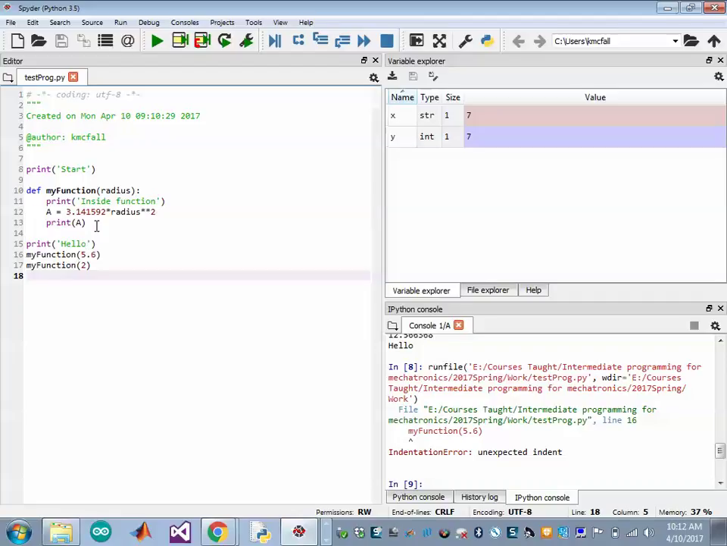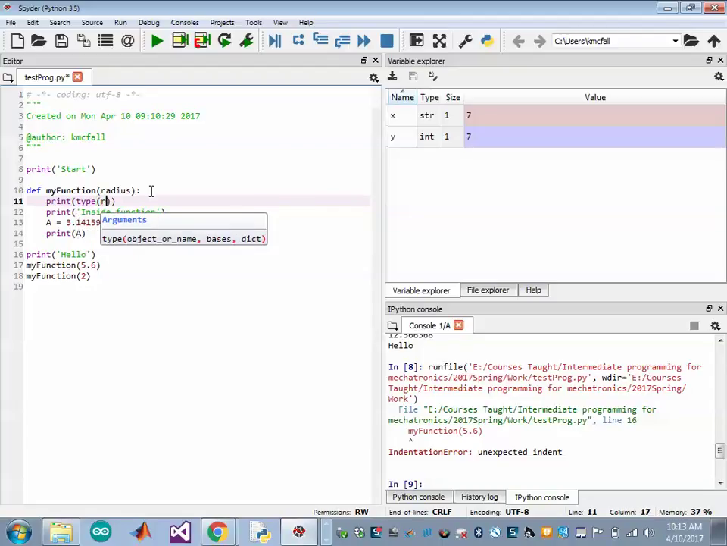So notice that the input argument has no data type. Just like MATLAB, when you declare a function, you say what the input arguments are named in that local scope, but you don't say what the data types are. So whatever data type is passed to radius is going to be the data type. I'm not sure, I never thought about trying this, but if I print type of radius